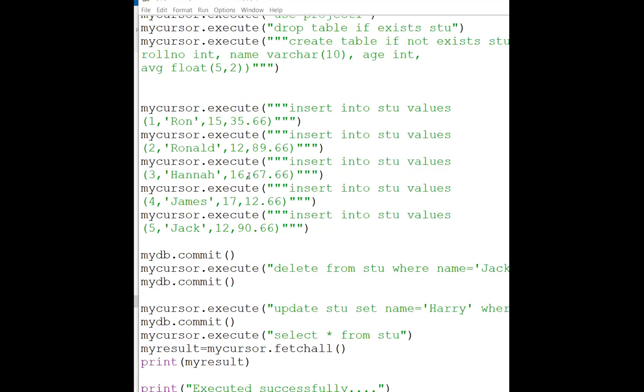Yes, good morning. We were discussing this, and in yesterday's program, I have added one more line, that is, if you wanted to see all the information, that time you will be using select asterisk from table name. Once this is done, then with my cursor you will be using this